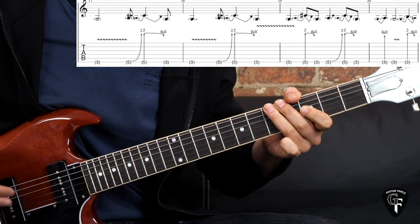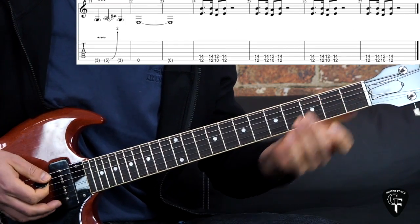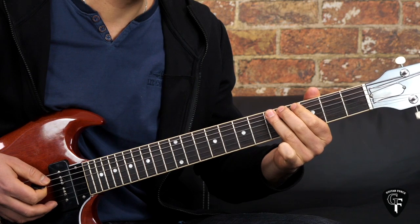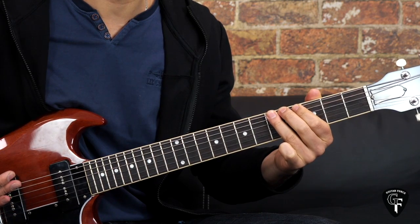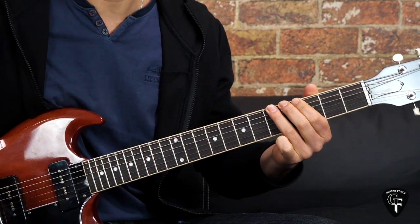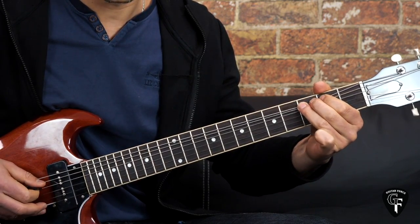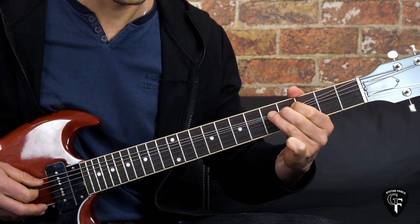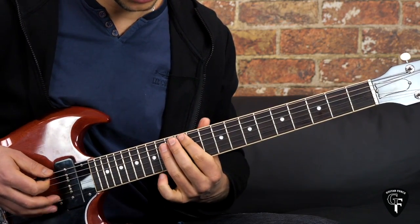So he plays this thing for a few seconds, and then goes and plays the low E string. By the way, also just to mention, to create this sound, this effect, you would need more volume and a little bit more distortion, so you get the sustain and you can play without picking. But you can pick, of course, a few times when you are playing this. Anyway, so in the end, playing the low E string open, and then we have